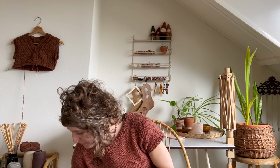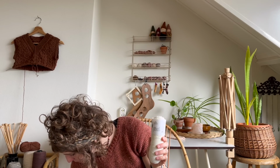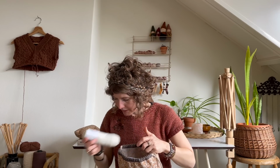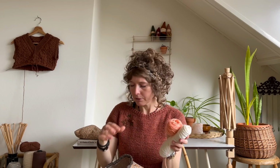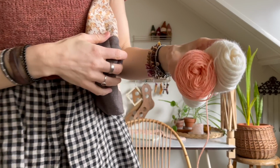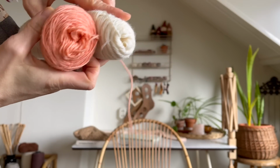I did use this color, and I paired it together with, did I put it in my project bag? Oh yeah. I decided to go for a marled sweater, and this is one shade darker. I used the lighter one, but I knitted it all away. It's all in the sweater, but I started with this color combination. It's a DK weight, so I held it double, and